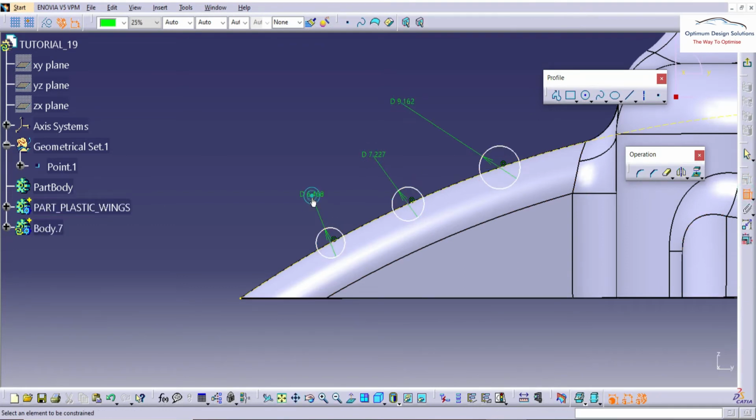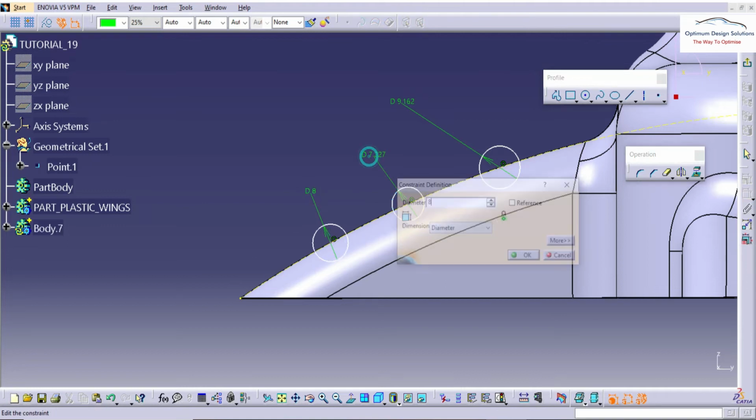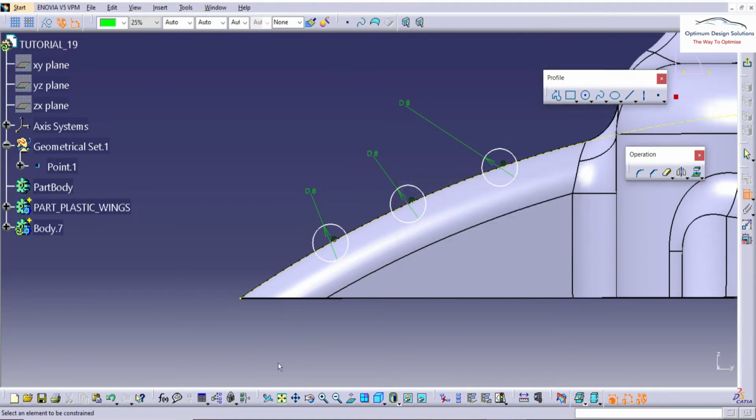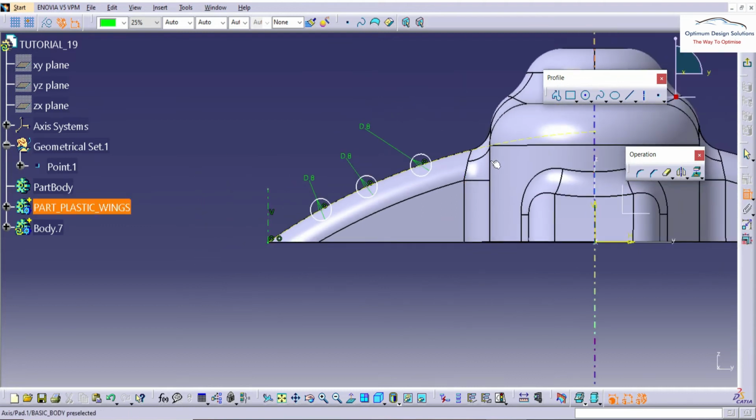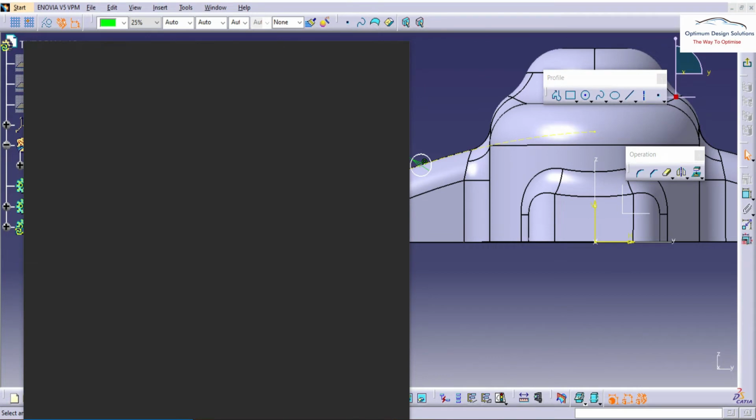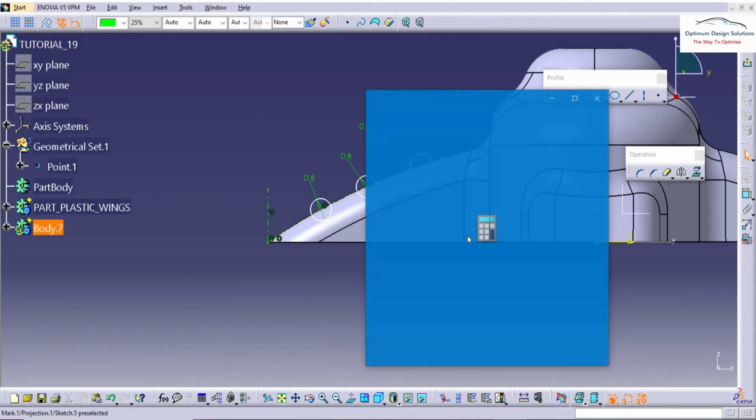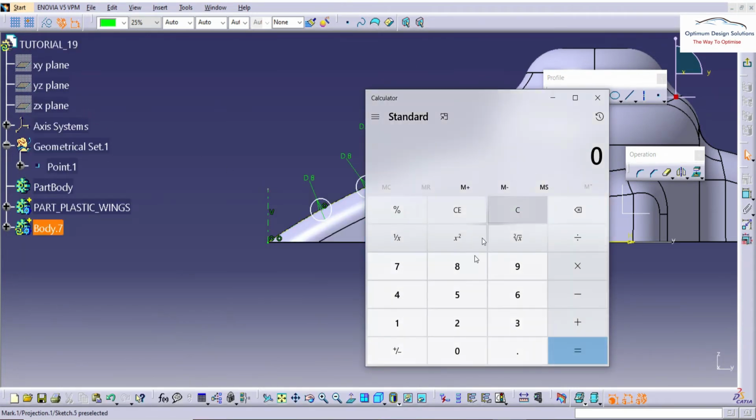This total dimension, here is how I considered the dimensions, because the arc is 85 mm away from that edge. So we can split this 85 divided by 4.